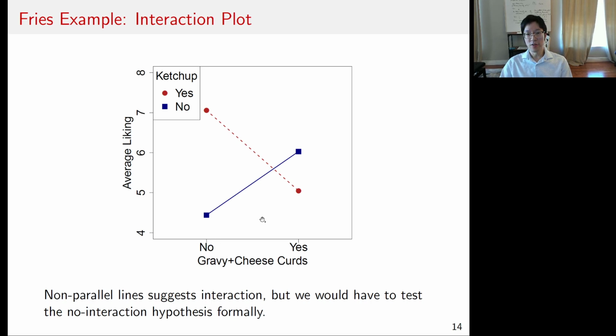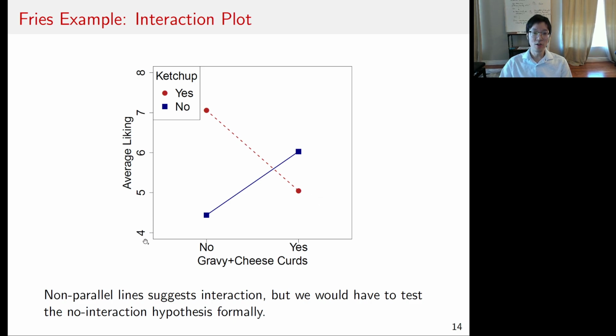On the x-axis is gravy and cheese, whether we have yes or no, and then ketchup yes or no, and so this shows the 4 treatment means. So the lines are very non-parallel because the hypothesis, or at least I'm guessing, is that having either ketchup or gravy does improve the fries, but then maybe having both is overload, and so that might actually decrease the